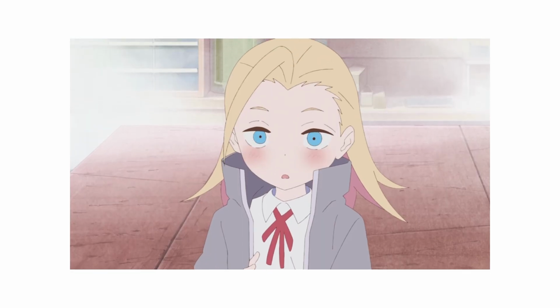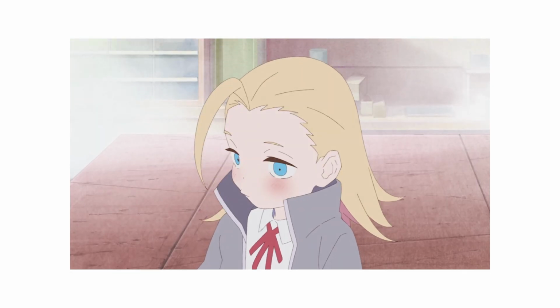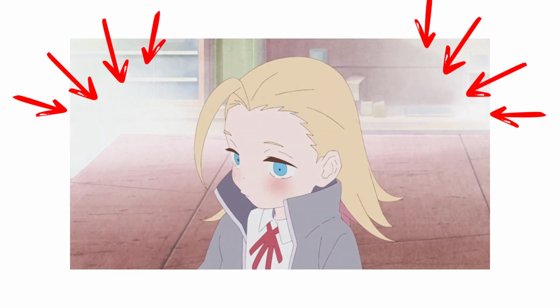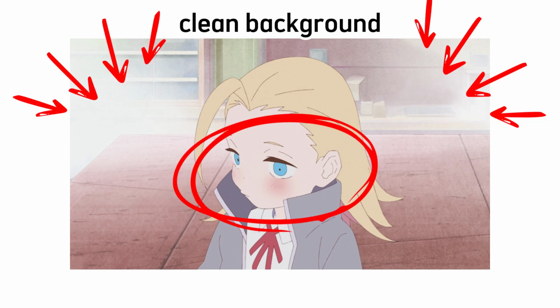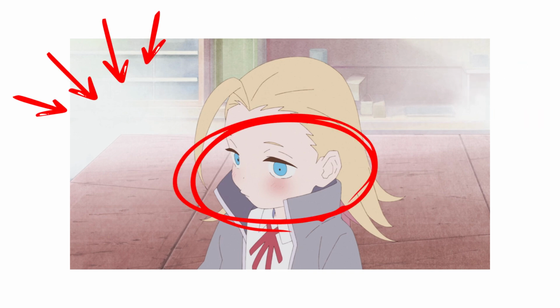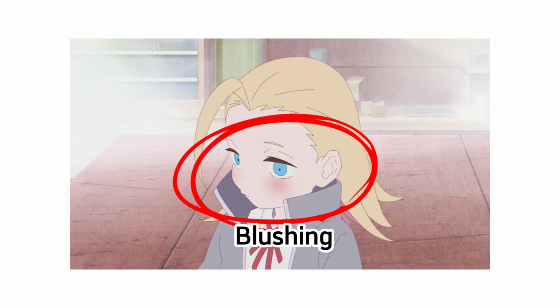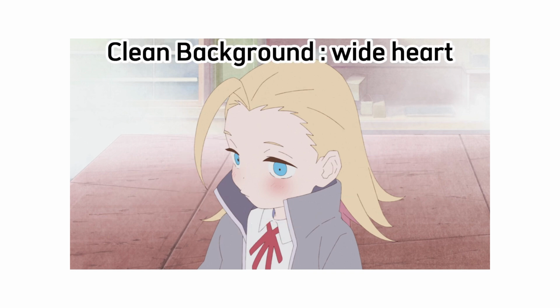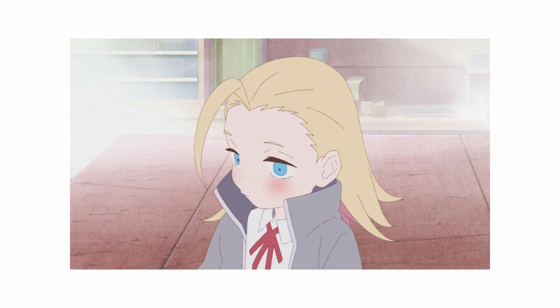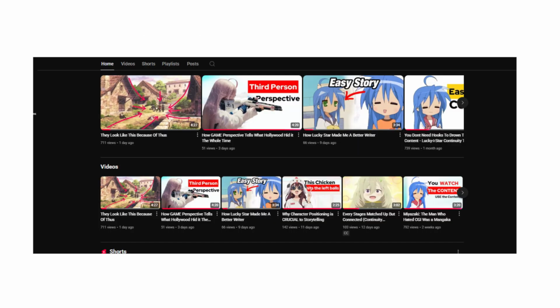The way the director of this anime uses a pure white vignette, by eliminating almost all objects in the background. This scene clearly visualizes Jobko's feelings of blushing, but at the same time opening her feelings wide to accept Kokoro as her friend. But if you look at this scene, just like in our previous video explaining the third-person perspective